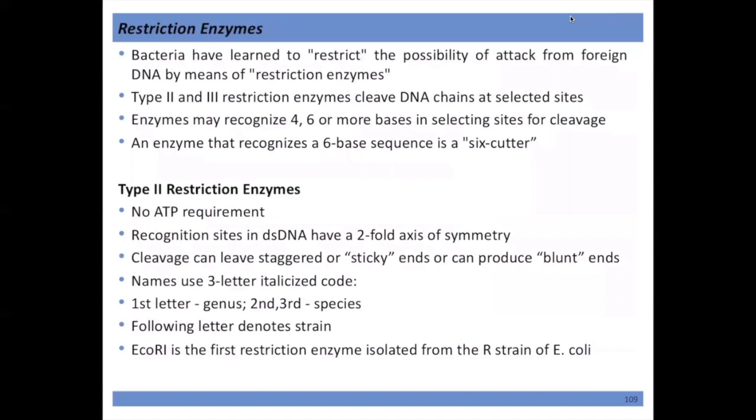Okay, so a little bit more about restriction enzymes. They call them restrictions because bacteria actually have somewhat of an immune system. They can actually have methods to try to prevent the attack from foreign DNA. So viruses like to inject their DNA into bacteria. Bacteria don't like that so much, and so bacteria have developed these restriction enzymes that will cut up specific types